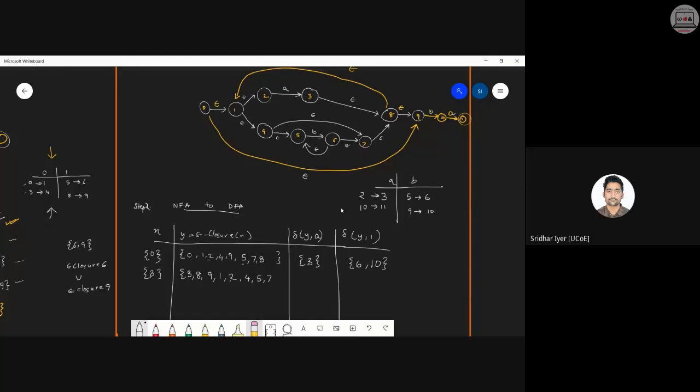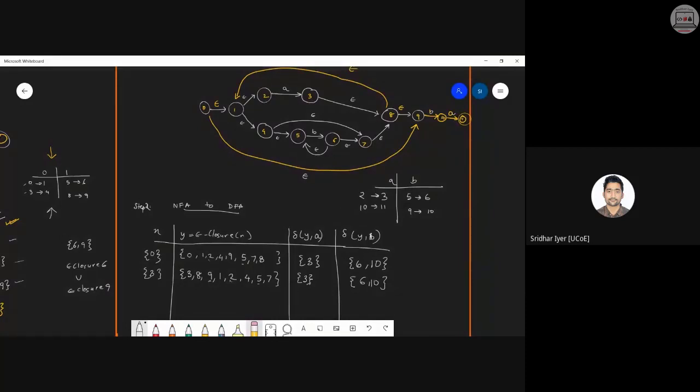Y on B, right? What question have you asked, Jay? Sorry, Y on B. Yeah, that's a mistake I made. So anything else left in this epsilon closure of X in this particular value? I don't think so. So let's see whether 2 or 3 are present. 2 is present, 3 is also present. So from 2 we can go to 3 and 10 is not present, sorry. So it's going to be set of 3 only. What about this? Are we having 5 or 9 both over here? Yes, both are present. So again, the set is repeating.